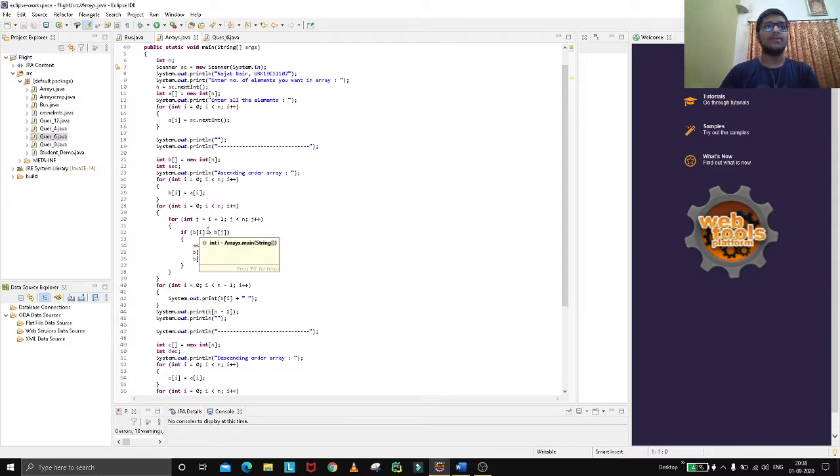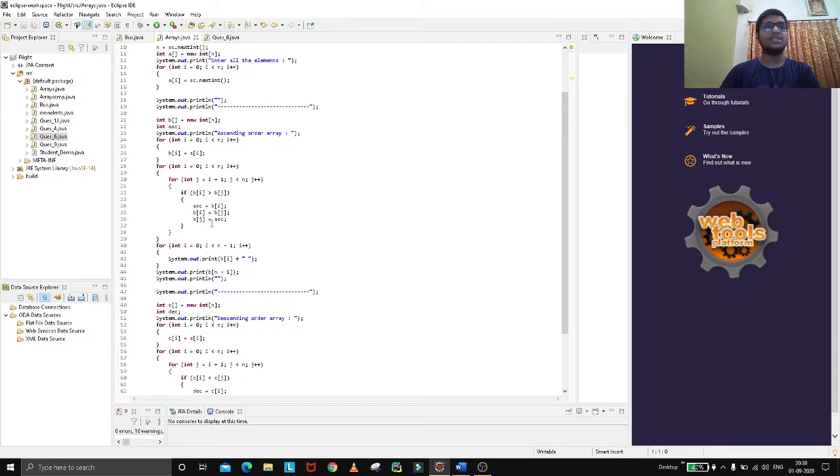If the index value is greater than the other indexes, it will swap them, and we go on until the condition is satisfied. Then we print b[i]. So if we satisfy b[i], the ascending order array is there.